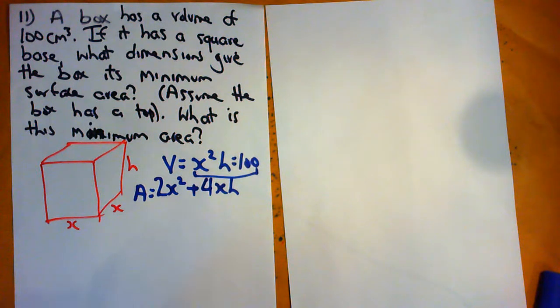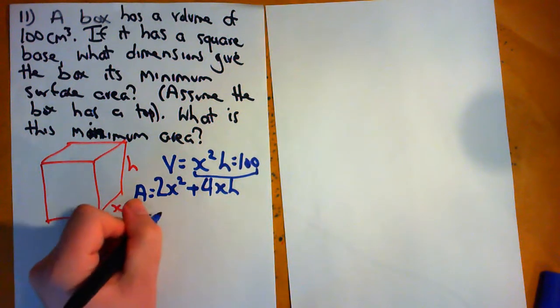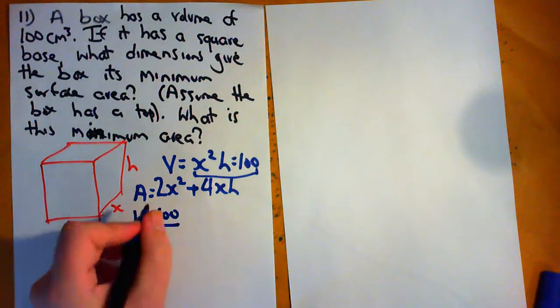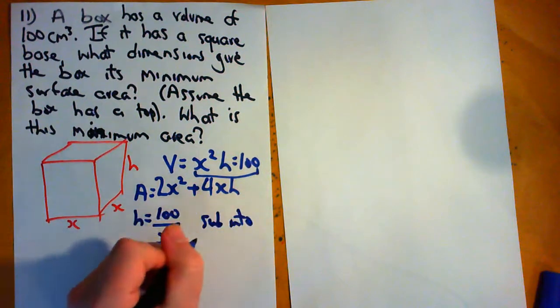We will need to minimise that surface area, which means we will need to differentiate. But as it stands, we can't differentiate yet because we've got two variables involved. So we need to eliminate the h from this equation, and that's how we use the volume equation. So from the volume equation, rearrange to solve for h. So we have h equals 100 divided by x squared, and sub into our equation for